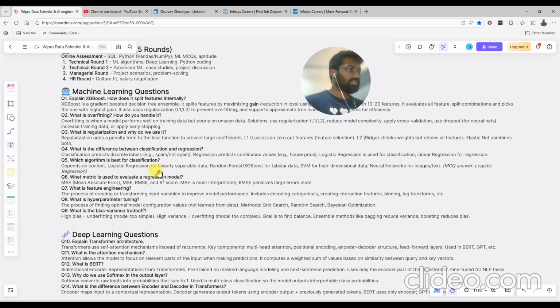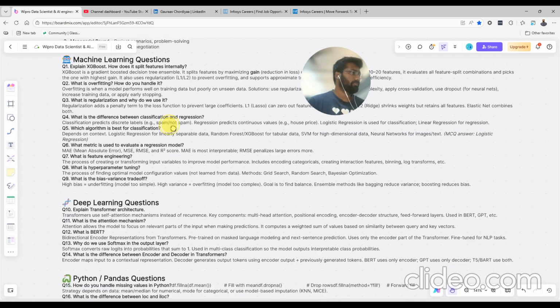Logistic regression for linearly separable data, random forest or XGBoost for tabular data, SVM for high dimensional data. That means you have 100 or 200 dimensional features and you want to build a model. SVM is one of the good choices, but in high dimensions you are not able to visualize it. That is one drawback. Neural network for image and text. So now the next question is,